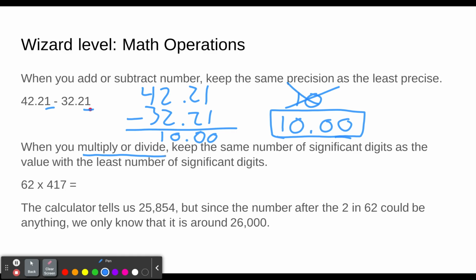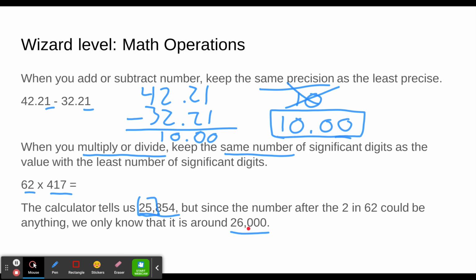So when you multiply or divide, you keep the same number of significant digits as the value with the least number of significant digits, not the same precision as you did with adding. Okay, because when you multiply by something with a lot of places, that moves where this 2 affects farther down. So the key is that you're affecting 2 digits here, you're affecting 3 digits here. So even though your calculator reads this, you know that only the first 2 are significant. Now, since the next one's an 8, we'd round it off to 2600. This 5 right here would round up because the next digit's an 8. So we'd get 26,000,